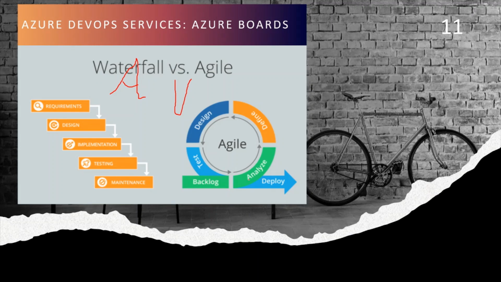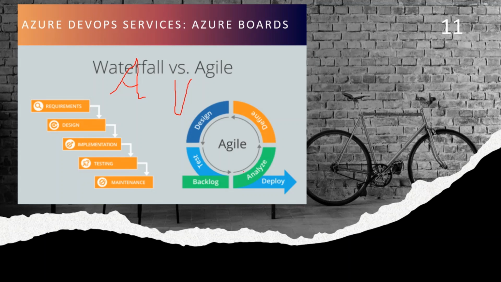The development team is only responsible for development, so define, design, test, and deploy as well. The product owners, client, and stakeholders are responsible for this backlog, and also for testing